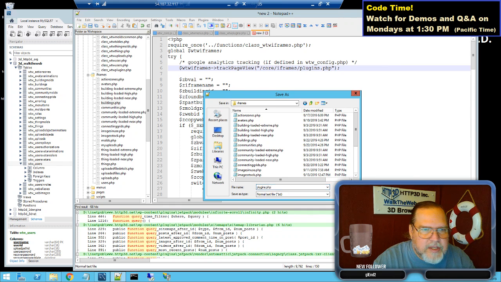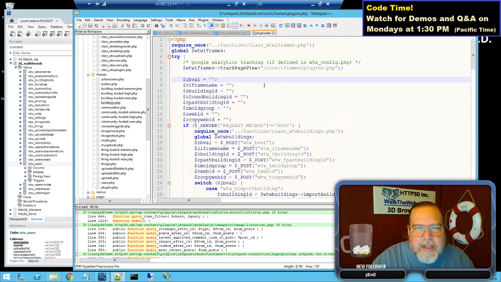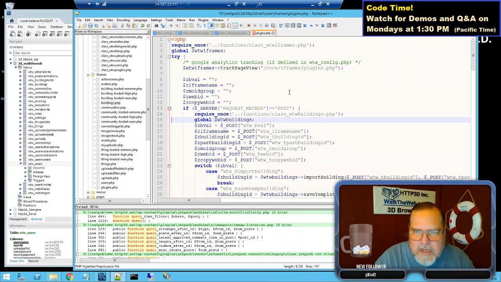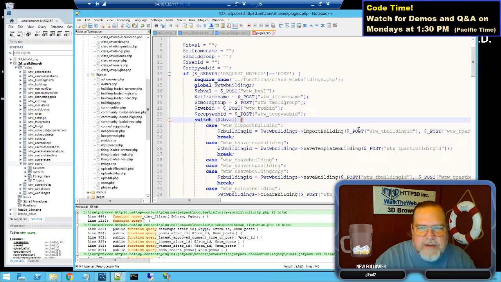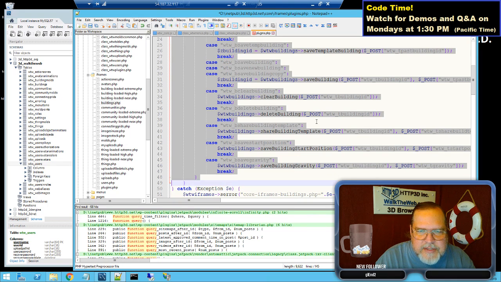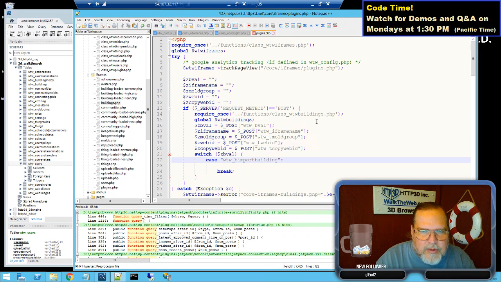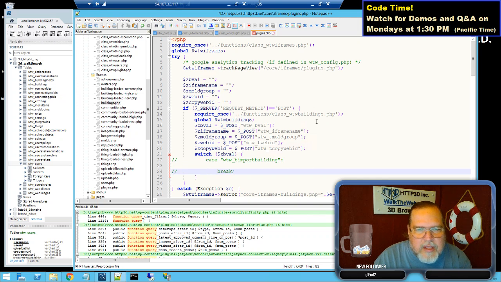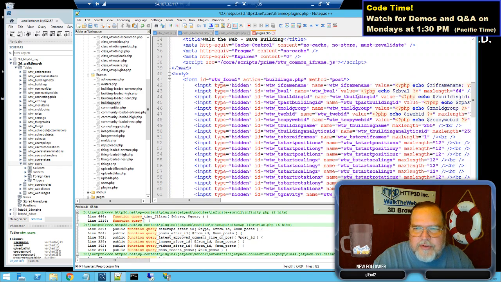Okay, plugins.php. So now we have a plugins file. For now, we're going to keep some of this stuff in place, like those items. They may not all be needed, but for now we're going to leave them there until we don't need them. We'll go back and check some of that stuff afterwards. I'm going to leave one thing here just because it's basically a placeholder for what we're doing, and I'm going to remark it out